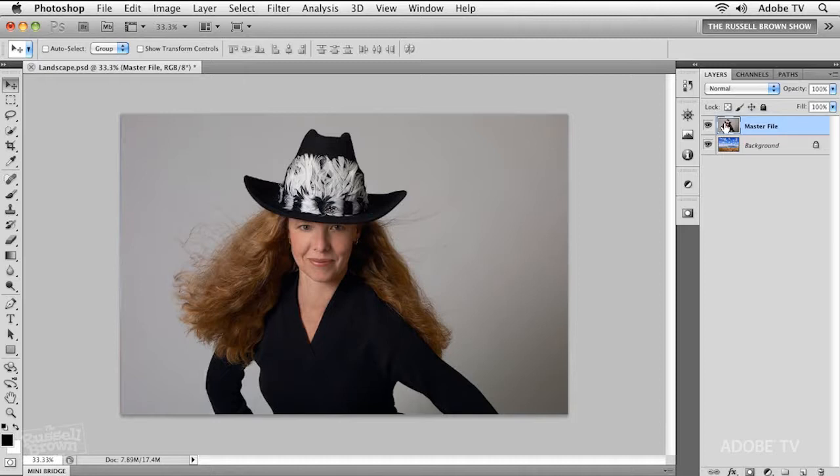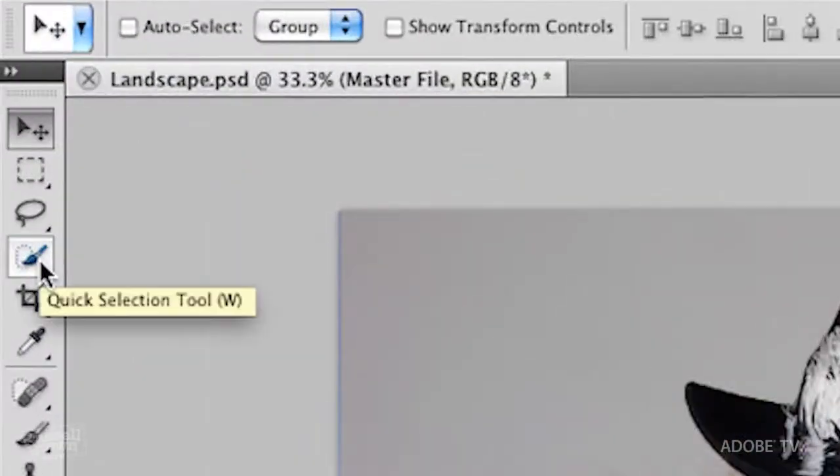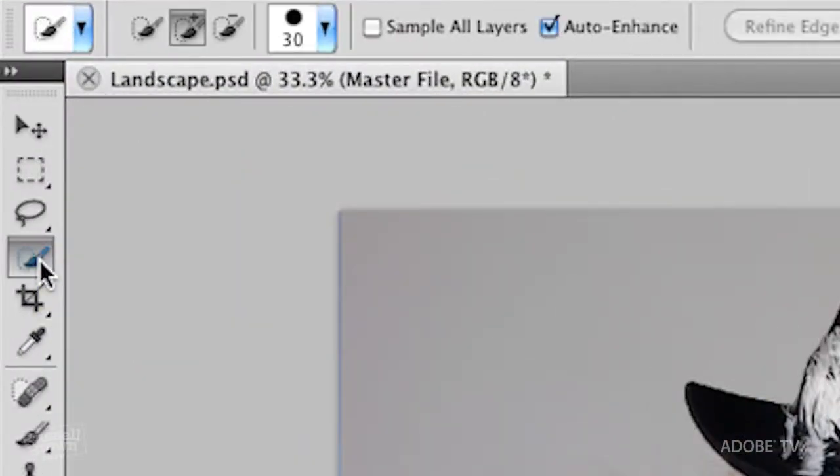Okay, here we go. First thing I'm going to do, let's do this really simply. Let's use the quick selection tool right over here. Let's not think about this very much. Let's just take the quick selection tool and I'm going to select the gray background. And I'm going to hold down the Shift key and select these areas right here as well. So look at that. I did not work very hard and I want to prove that you do not need to work hard to get great results. Also notice I'm not going to work hard at trying to get all these little fine details of these hairs